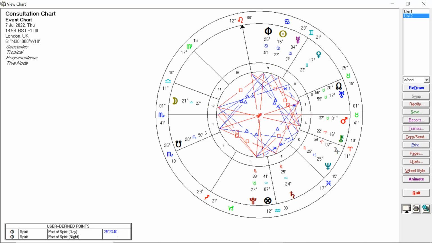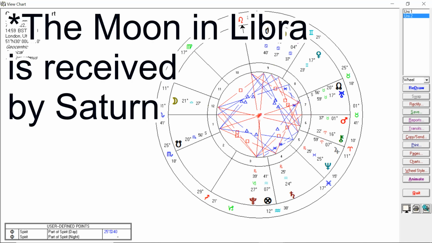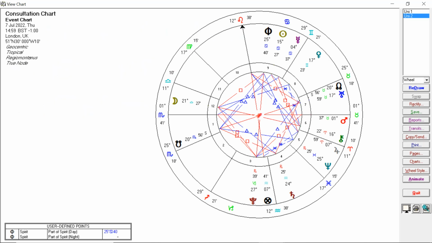The second thing which is more positive is that the moon is in the 12th house, which is not a good sign, as what you were saying, Ollie, but the moon is applying to trine Saturn. That's not bad, because the moon is in Libra, and Saturn likes Libra, so the moon will receive Saturn from Libra. But given that the moon is in the 12th house, which is already discussed, is not a great house, and Saturn is retrograde, I'd take that received trine to Saturn retrograde to mean maybe not getting worse or not as bad as it could be. Do you know what I mean? But